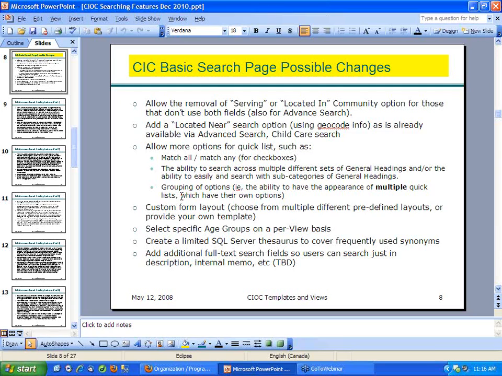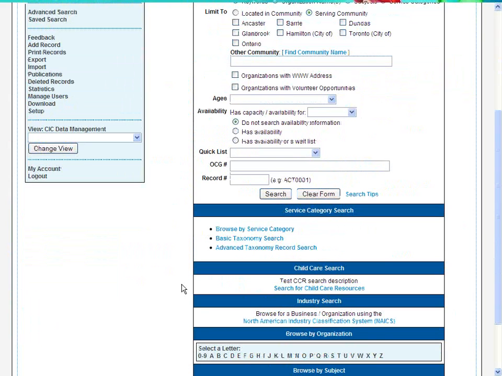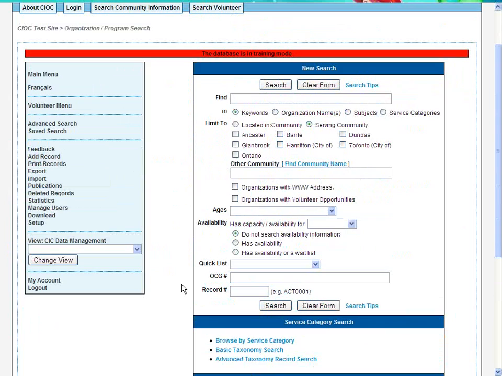One, and an important one that probably addresses some of the concerns, is the ability to do custom layouts of your basic search page. I think most people agree that the basic search form is relatively unattractive and clunky. What we would like to do is present a number of different predefined options for the way your basic search page might look. This is outside of what you can do now in terms of picking which search options are available; instead we're just talking about how the page is laid out. Instead of everybody's search form looking just like this, with the menu on the left, a big box around the search form, and big headings like this, we provide a number of different predefined options for how you might lay this out, and also